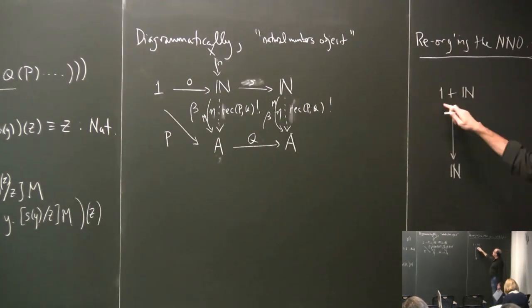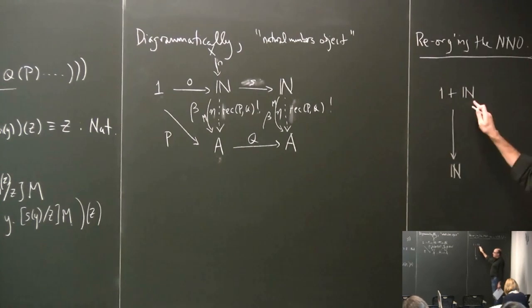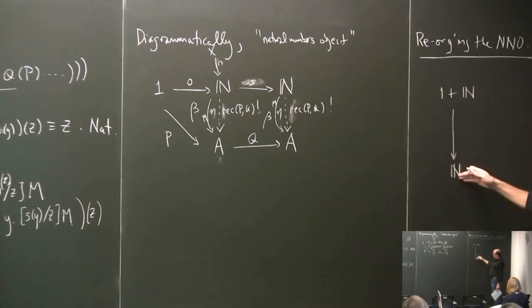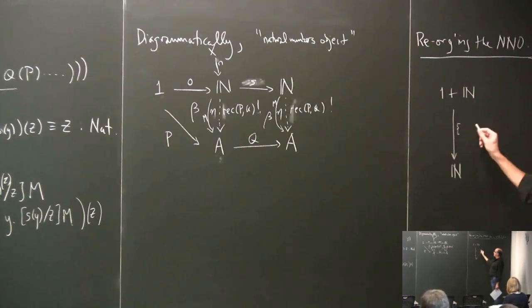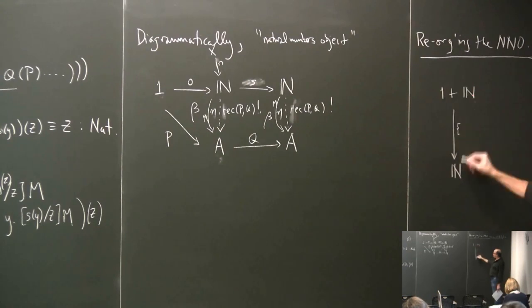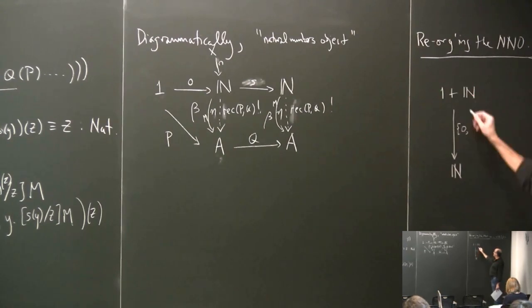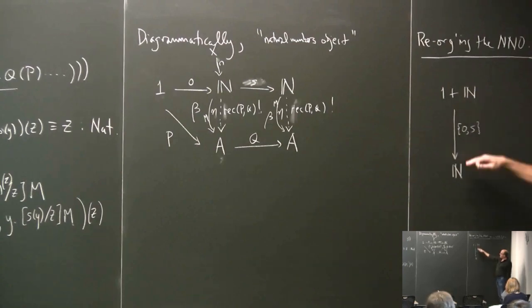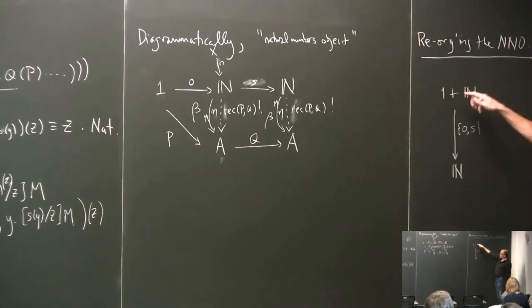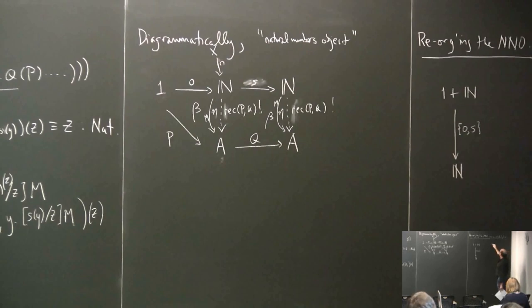If you look at the universality conditions that I gave you for plus, any map from here to here must have the form of a case analysis, which I think I wrote with curly braces, and which has a branch for 1 to n, we'll call that 0, and a branch for n to n, we'll call that successor. So another way of saying what a natural numbers object is, is to say I have such a map, which can be taken to be of this form by the uniqueness of maps out of plus, with the characteristic that if I take any other